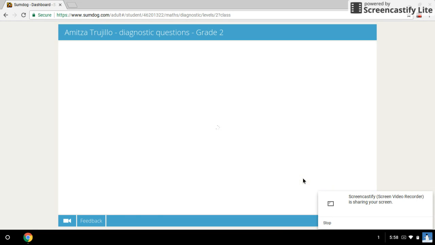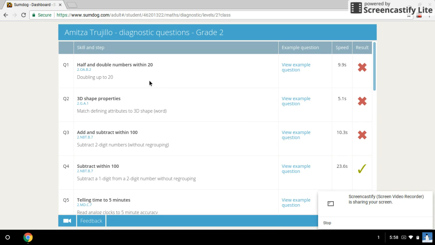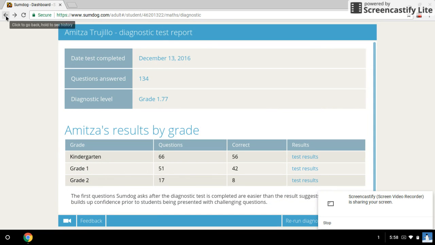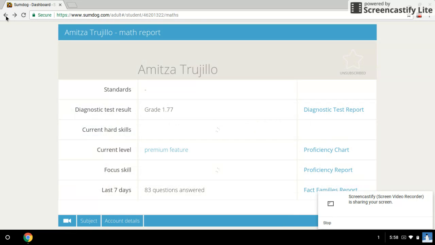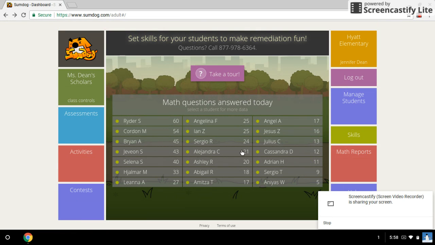And I can see exactly which questions she didn't get correct: half and double numbers, 3D shapes and properties. This will also help me with my instruction. So as students are playing the game, they are getting different levels of questions. I'm going to also go ahead and show you as a teacher,